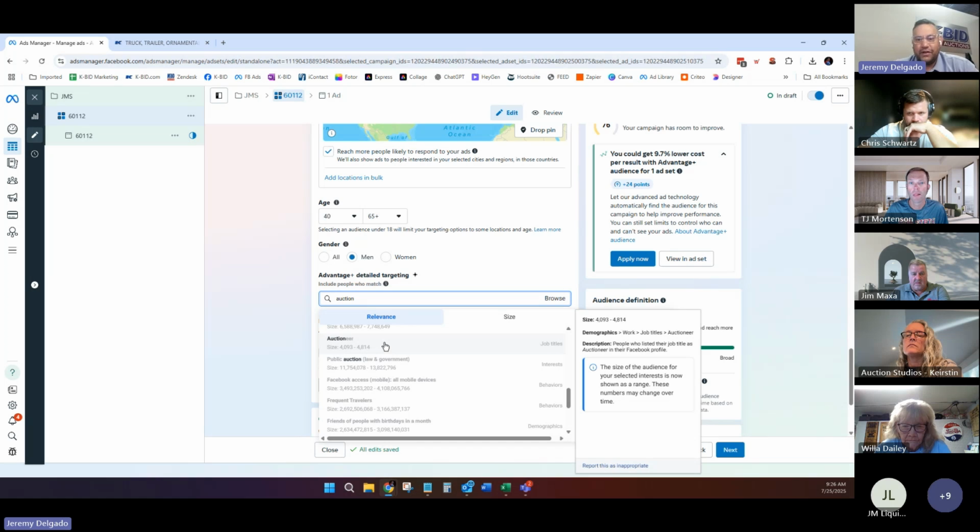So don't think too far into it, because sometimes if we had a very specific thing like heavy machinery, let's say it's a drill that you can only use to drill for oil, well, we would go after job titles of potentially owners, managers, businesses that are well drillers for a specific category. And there might only be 1,000 of them, but getting in front of those 1,000 folks for a very specific item that they would only buy is way more important than sending this out to 1 million folks that are